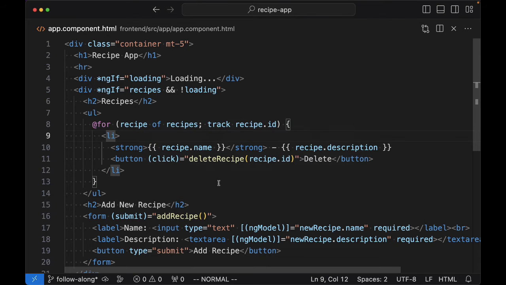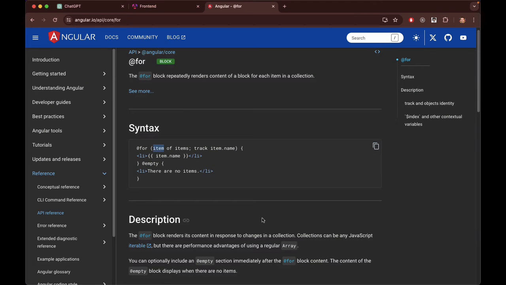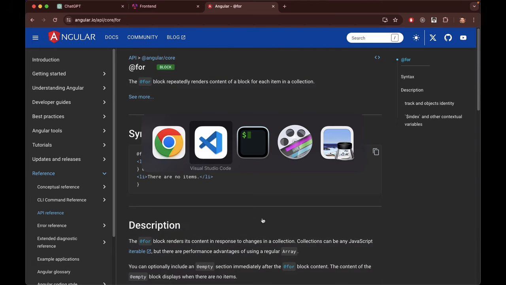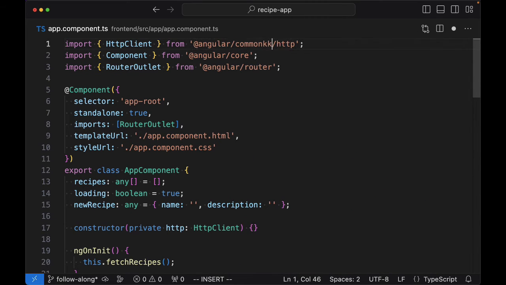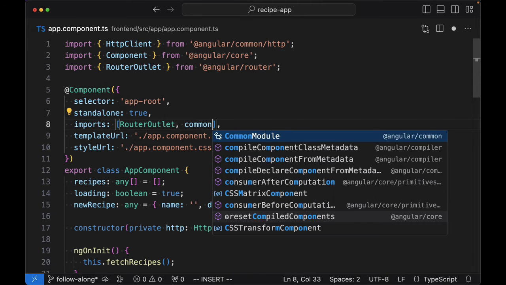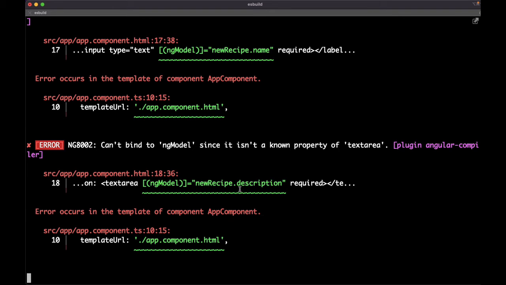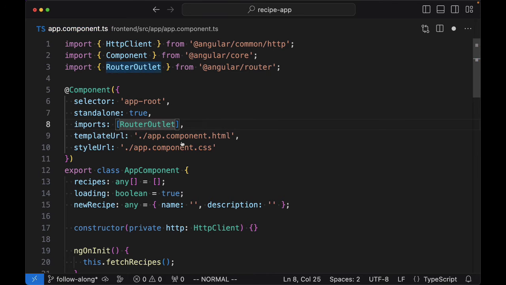which is ng model right here. All right, to use ng model, I think we need to make an import. We still need the common module. So let's do that. I think that's the solution. So here will be common module. I don't know, maybe it's not common module for ng model. So let's